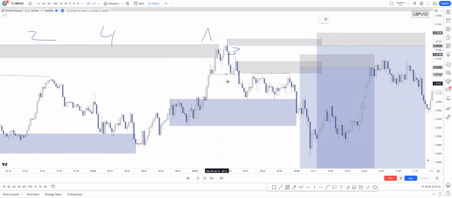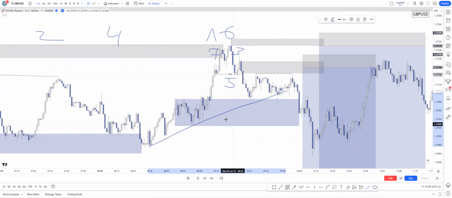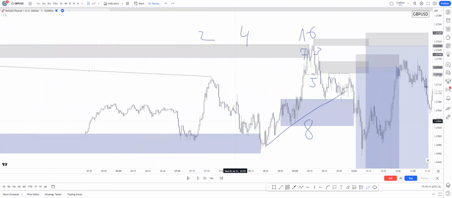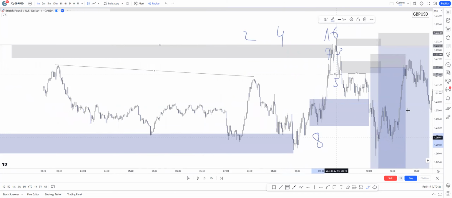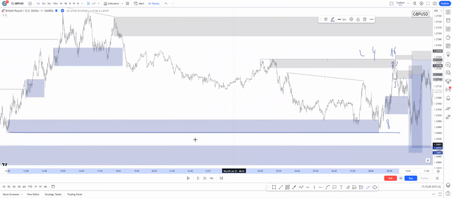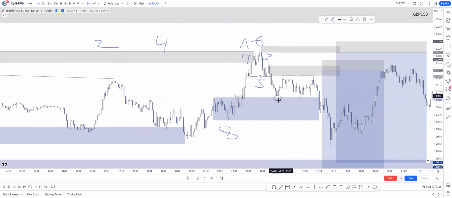The first variable one was the flip. In this case, we could count the change of character too. The sixth one was the V-shaped recovery. Price V-shapeably reacted on the higher time frame zone, and also there was 50% mitigation on the higher time frame zone. So that's the seventh criteria. The eighth one is liquidity to target. Technically, there was liquidity to target on the downside. This whole movement was liquidity to target right here. So this is the eighth one. And also there were perfect double bottoms to target as liquidity. Perfect.